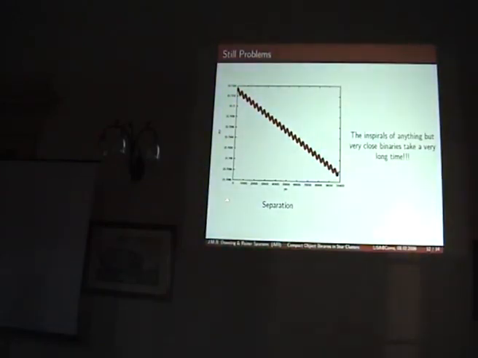This is the same massive binary as before, but now started at an initial separation of about 25 AU. Now you've got 100,000 years here, and you can see it's inspiraled due to gravitational wave radiation to 0.1 of an AU or something like that. This is still running on the computer, and this is the result after about 4 days. To actually inspiral something like this is going to take a mega year or two, so in principle it takes a long time the way we're doing it right now.